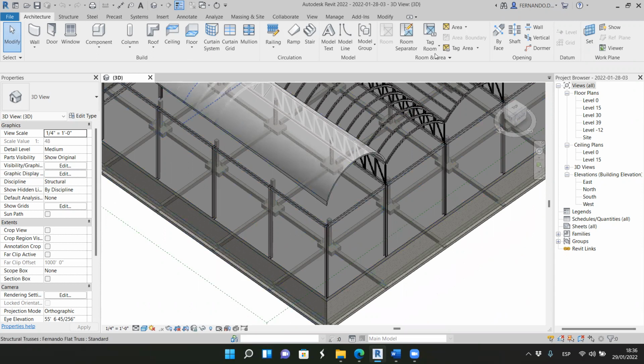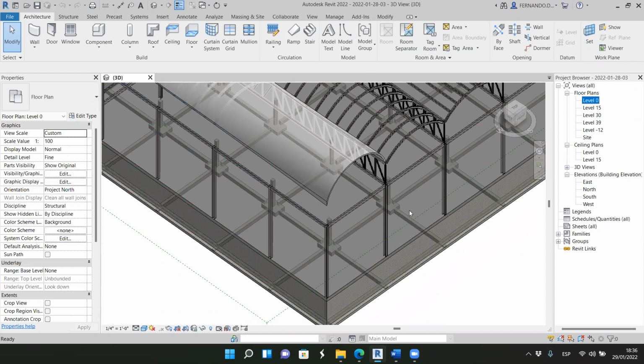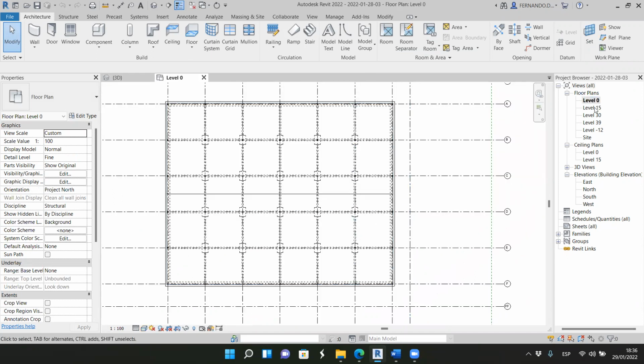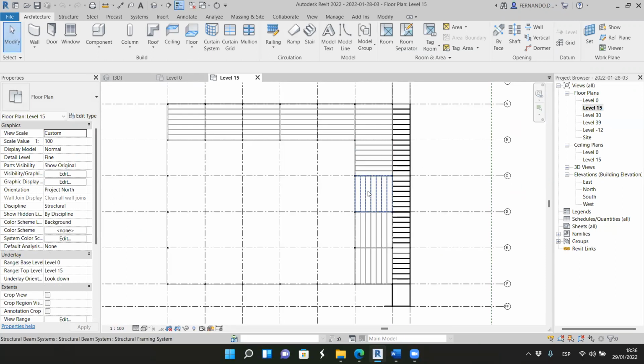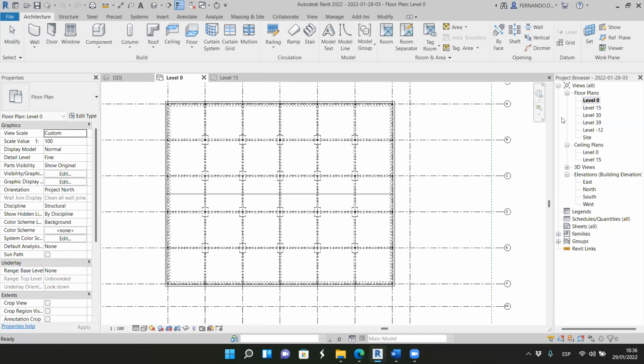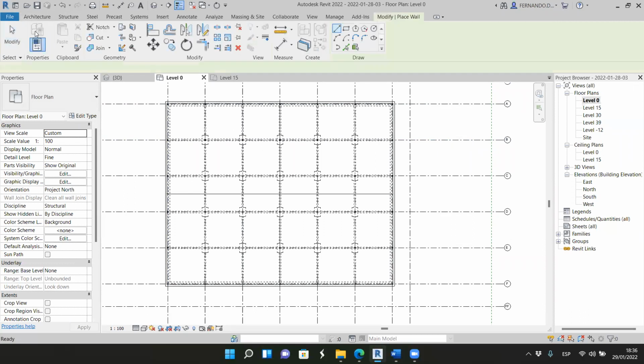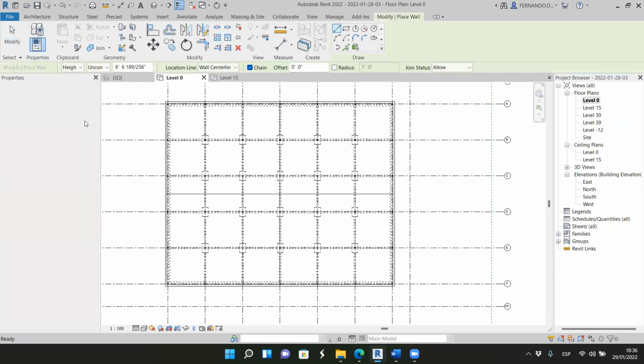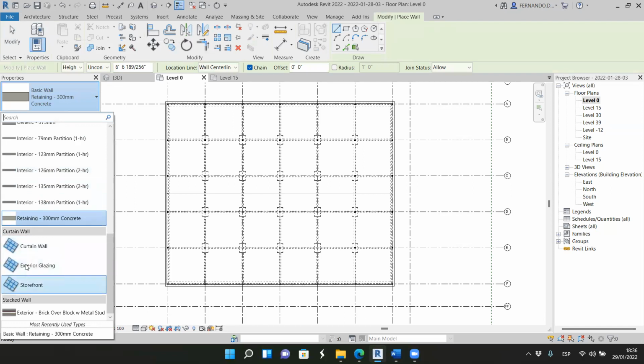And first, the curtain wall. This is where we are, and we're going to work with an architectural wall. You know that we can use storefronts, curtain walls. Let's start with the storefront,